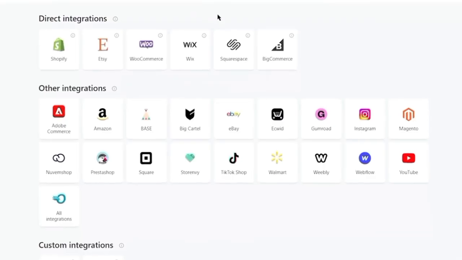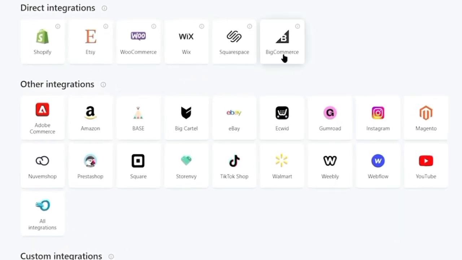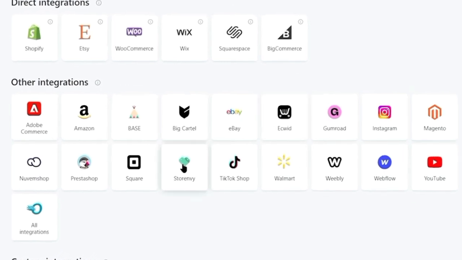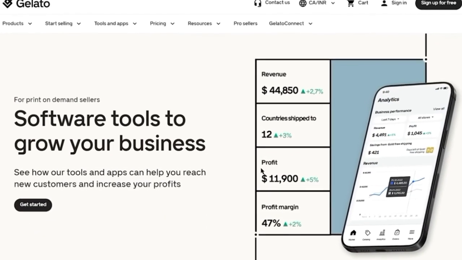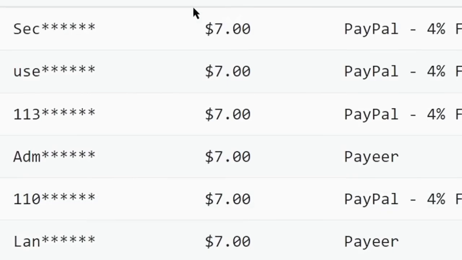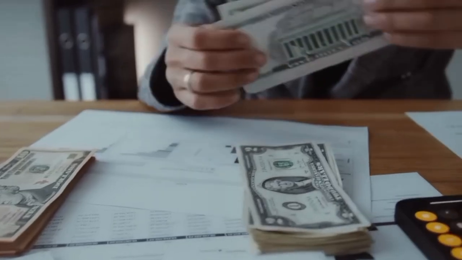Make sure your shop is connected to the Gelato so that any orders you receive from these e-commerce sites will be sent to the Gelato, which will fill your orders and pay you after expenses. Once you get things going, you can easily start making over $7 per minute in pure passive income again for just setting this system up once more.